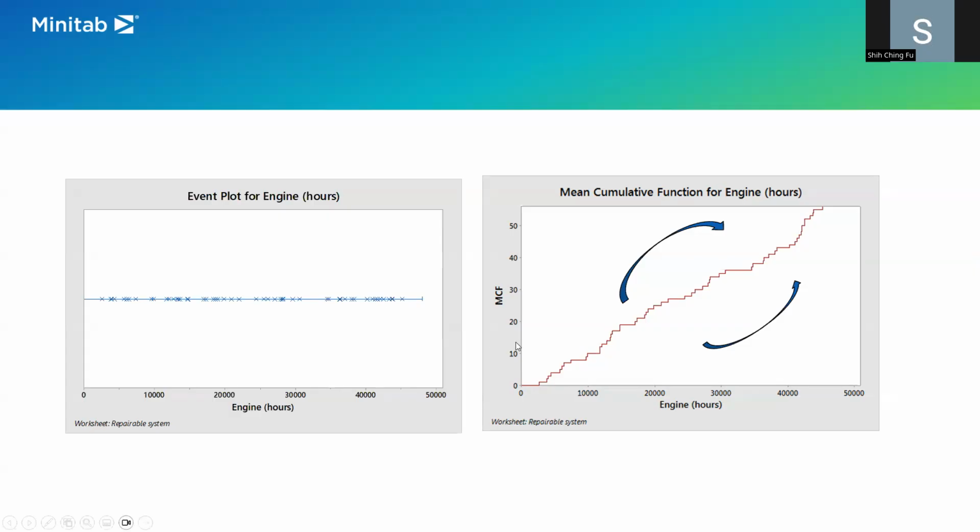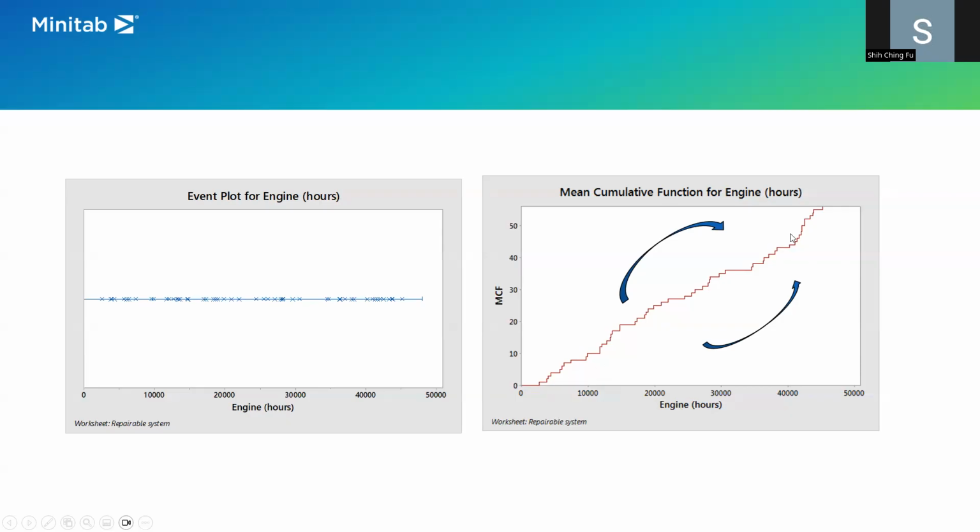We can also plot what we call the mean cumulative function for engine hours, which means every time there's a failure, the plot goes up by 1, at different times. So the graph can be something like this. This is actually the same graph, just in a different way. So if I look at this graph,